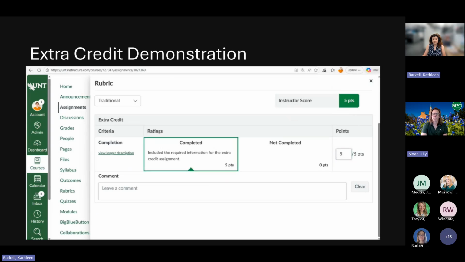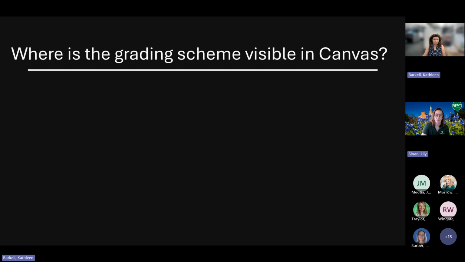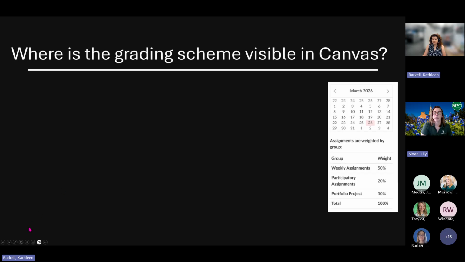All right, let's move on to the next slide. There we go. All right, so if you're just beginning the course design process, there are a couple areas in